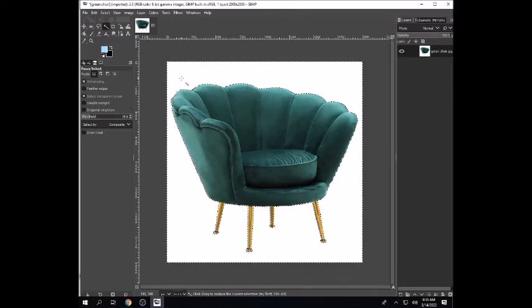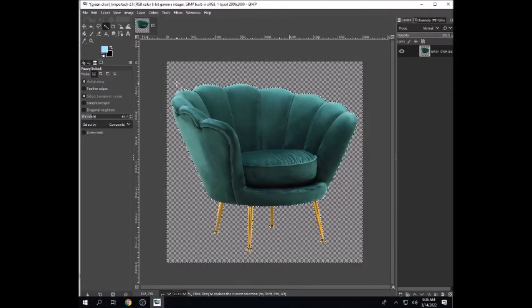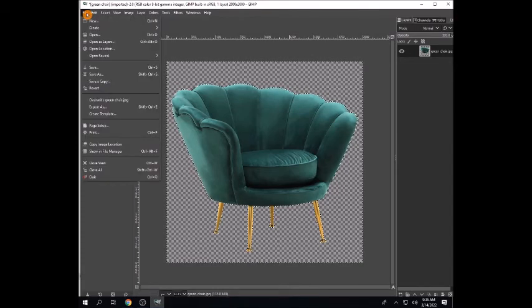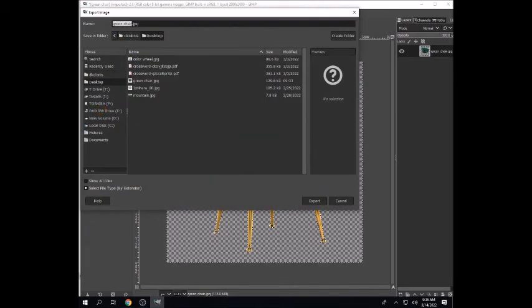I want to make it as big of a number as I can without taking any part of this chair with it. Oh, part of the chair is with it. There we go. Delete. And then we have to export this image by clicking File, Export As, and only change